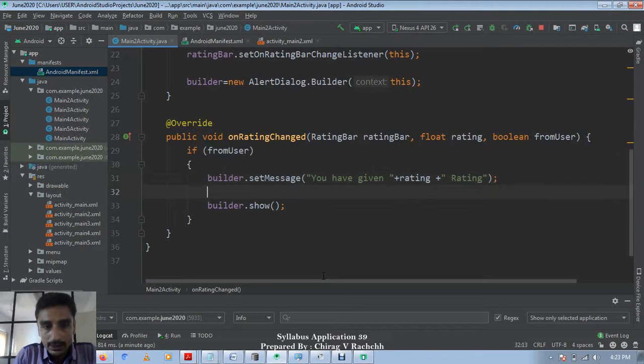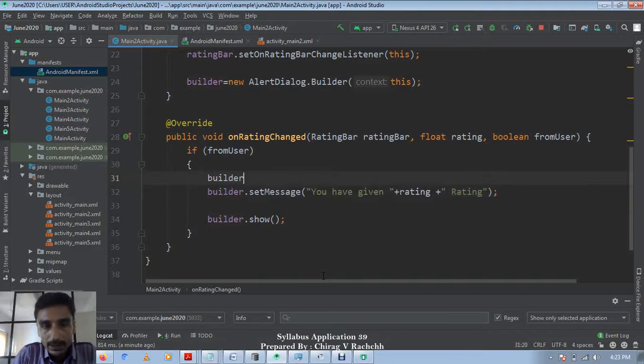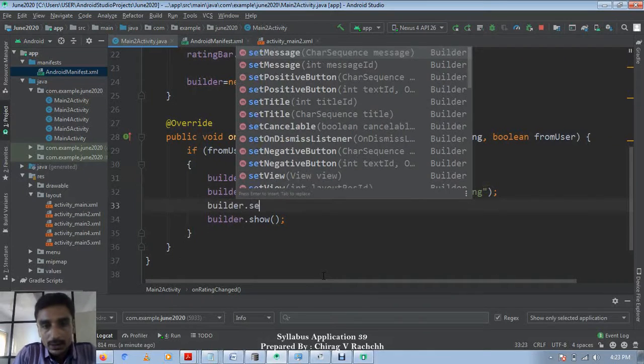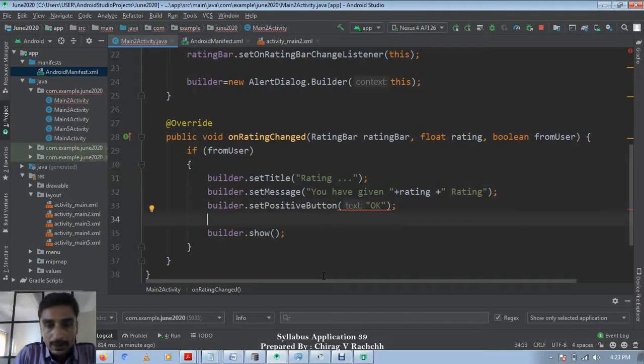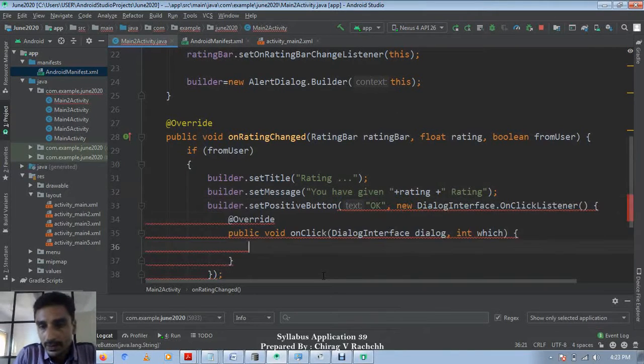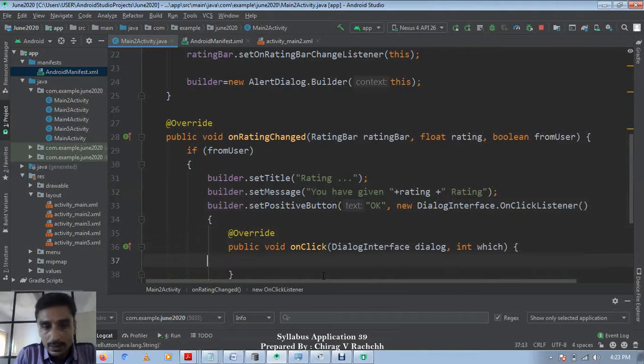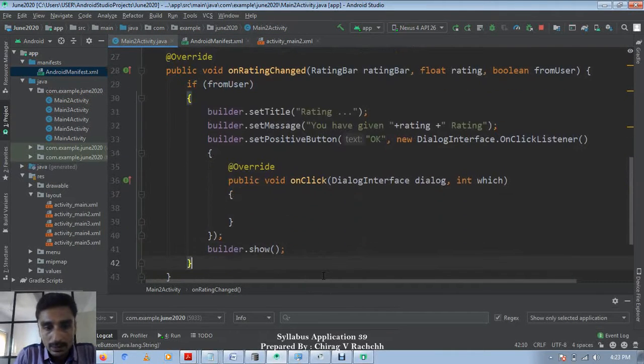Fine. Then builder.setTitle rating. Then builder.setPositiveButton. Next argument is DialogInterface, and show.